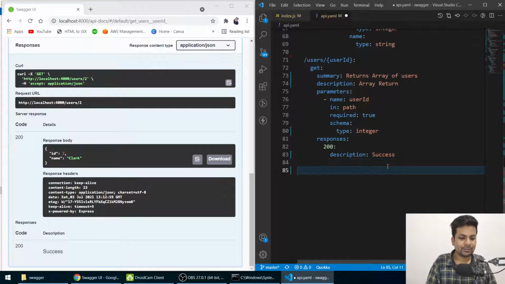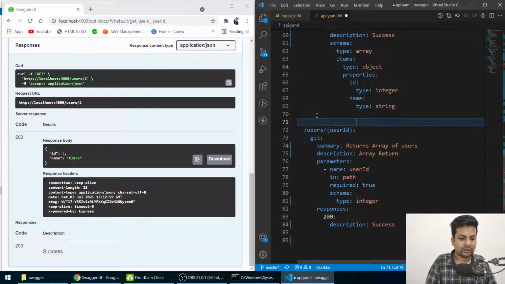Let me comment it: sending data, reading data through path. It's called path.